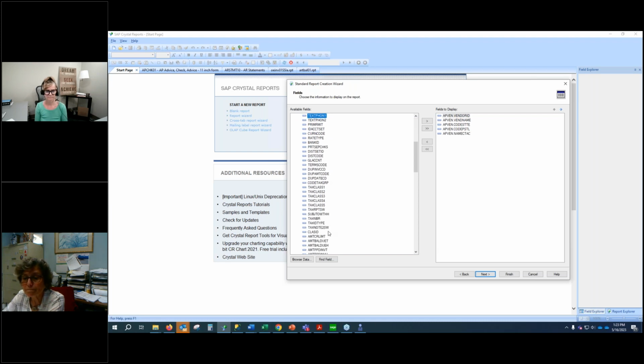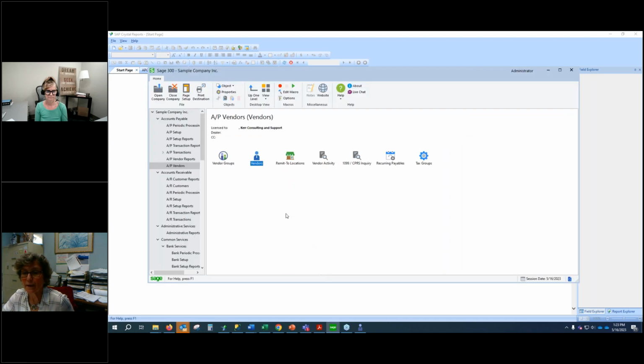I've got email. Maybe I'm trying to come up with a quick list of emails. There it is, email 1 and 2. So maybe I just want a quick list of my vendors and their emails to make sure I've got their information, and I just want a small one. Now there is a report in Sage that would get close to that. There's an AP report,